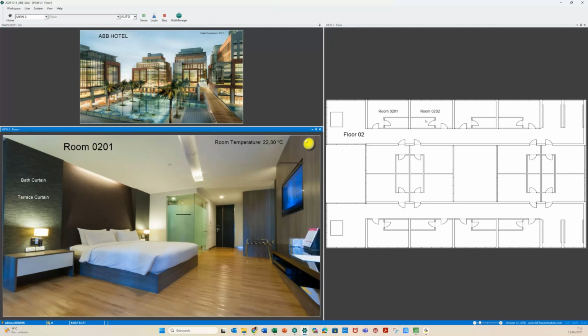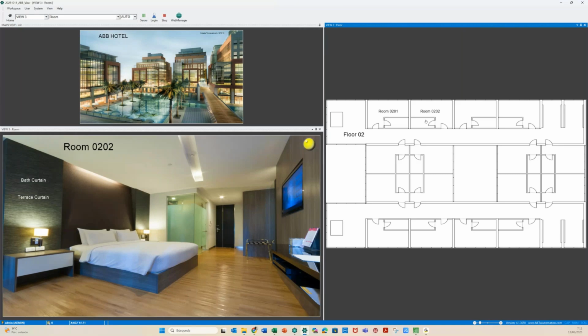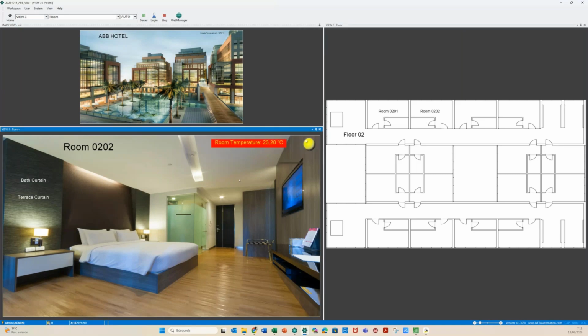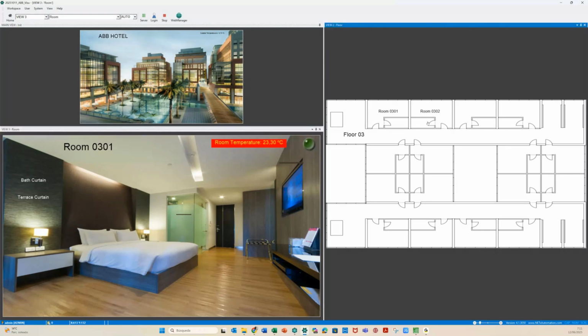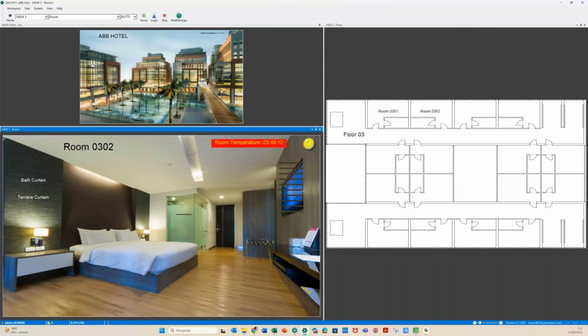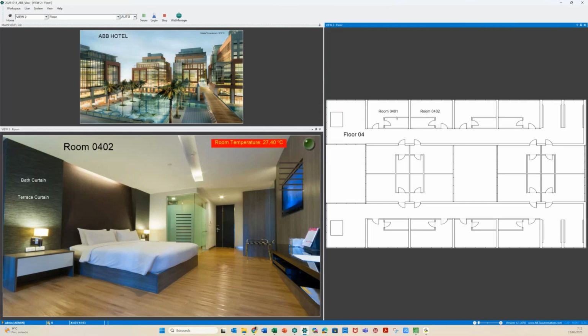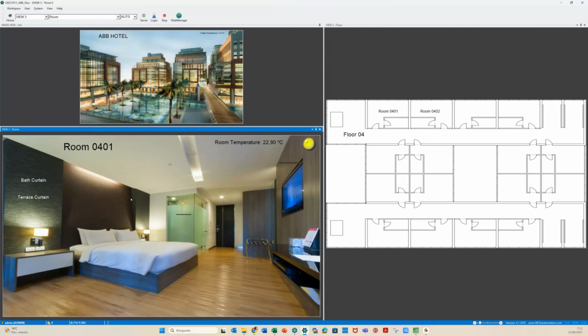This tag is in red color, indicating temperature is above a specific limit. So it makes sense that the higher you are in the practical boards, the more temperature you will get. Well, 0401 is not 27 nearby. Okay, so it's working fine, and maybe we can finish this design,